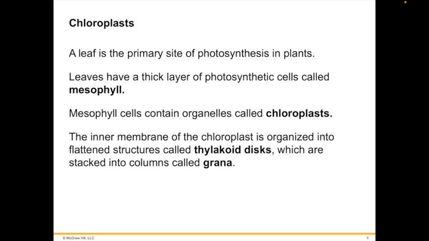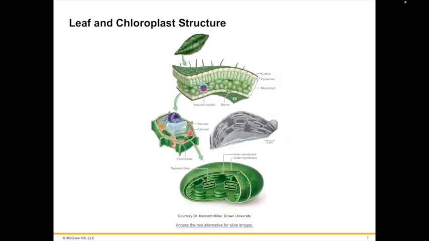The compartment outside of the thylakoid membrane system is called the stroma. So the stroma is that compartment outside of that thylakoid membrane. It is analogous to the matrix in the mitochondria. The stroma is a semi-liquid substance containing enzymes necessary to incorporate CO2 into organic compounds using the energy from ATP coupled with the reduction by NADPH.